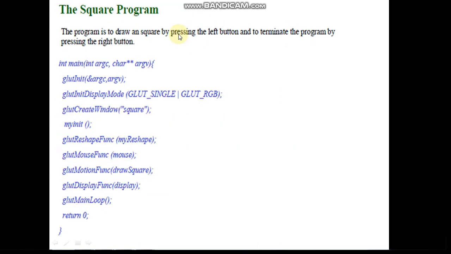So in the main program, we are writing all these initial functions which are essential. glutInit, and the display mode we have taken as single buffer, of color type. glutCreateWindow, where we have just given the title as square. We have called the myInit function to do the initialization activity.